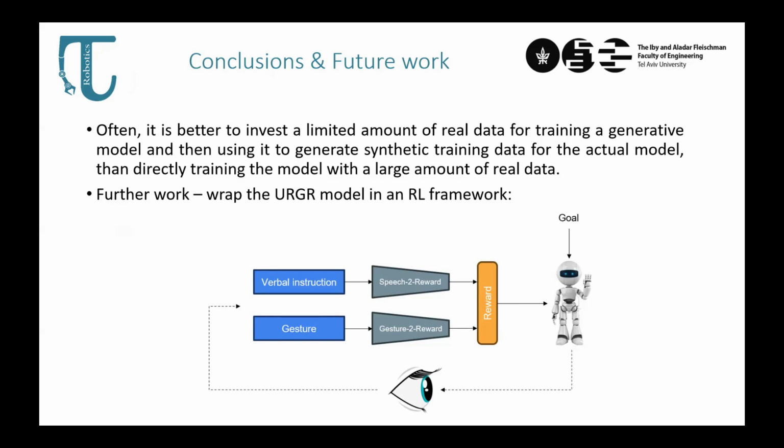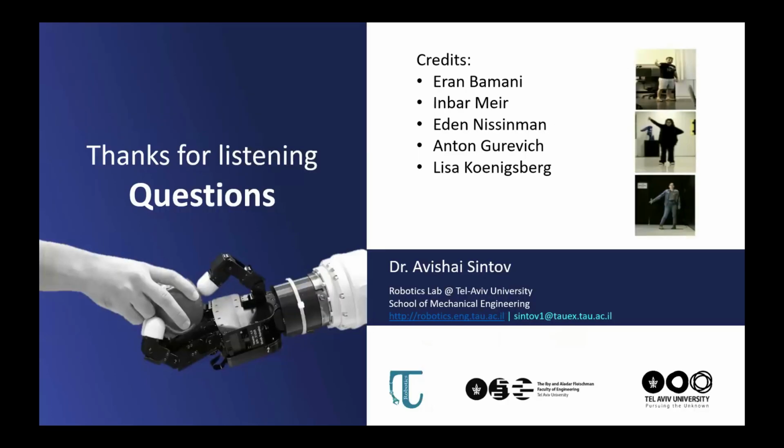I'm going to train it, basically like training a dog, to behave better as I want, and use these gesture models as a prior, because as said here, it's very hard to collect a lot of data to do these episodes with humans. And of course, add this with, as we said, LLMs to the reward in order to add context to the behavior. Okay, credits to my students with their synthetic images, and that's it. Thank you.